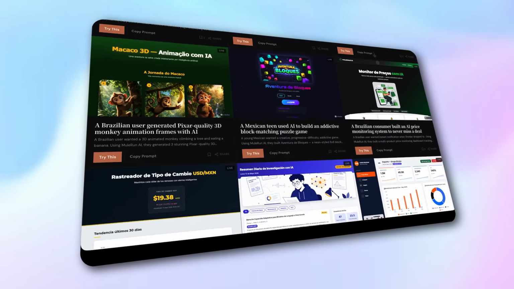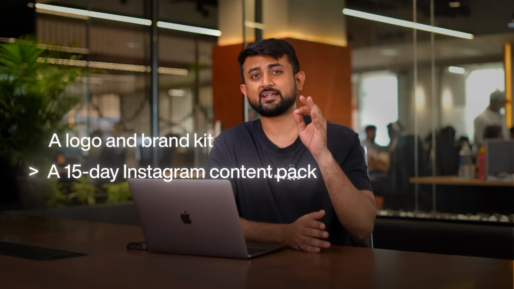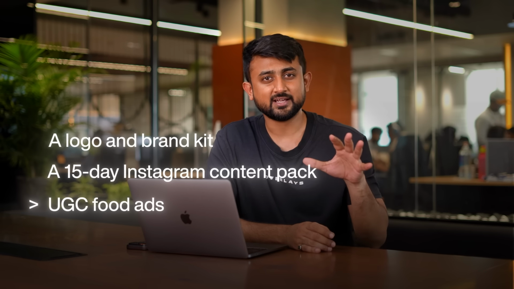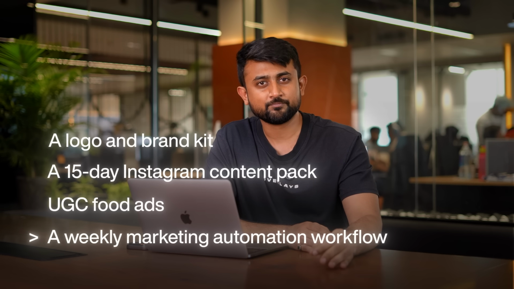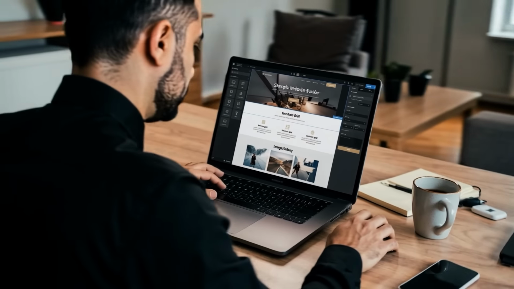Like, we are talking about a real website with domain and booking database built with zero coding, a logo and a brand kit, a 15-day Instagram content pack, UGC food ads, a weekly marketing automation workflow, the whole thing. And today I'm going to show you the exact workflow step by step so you can do this for your